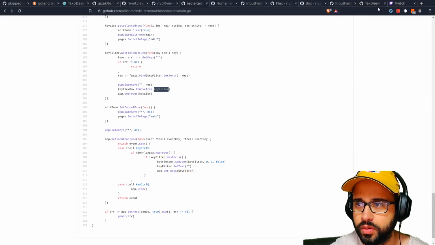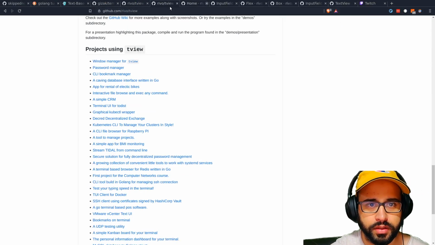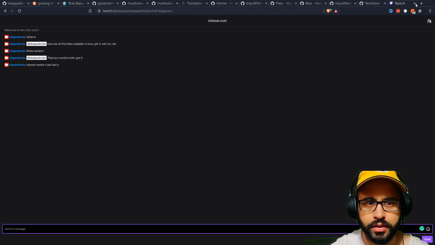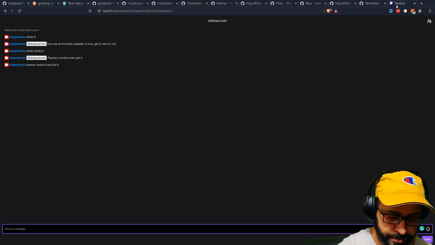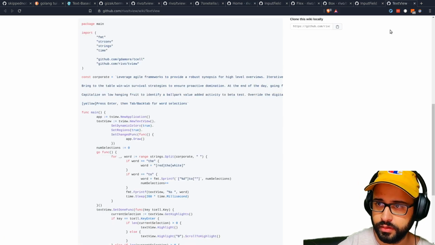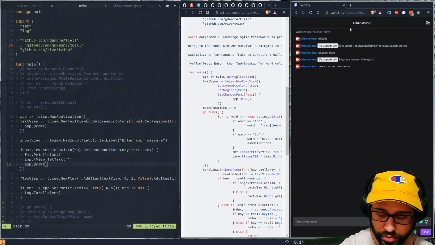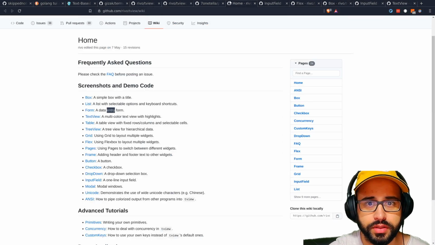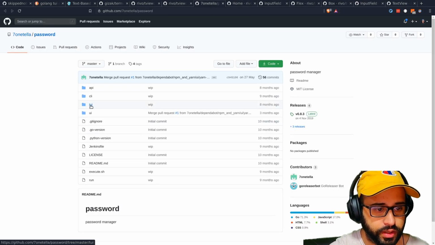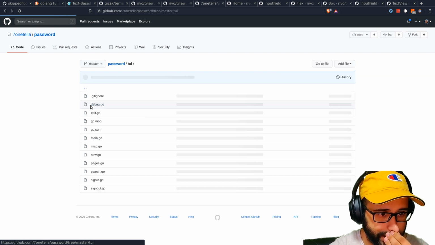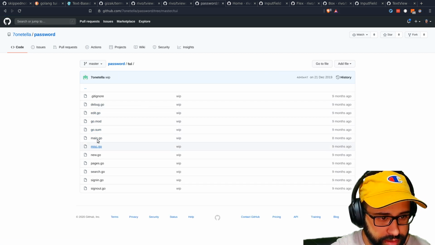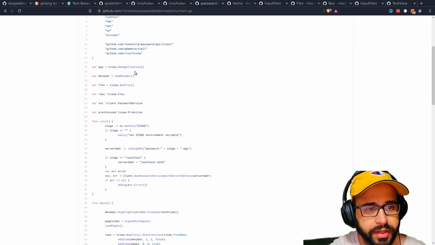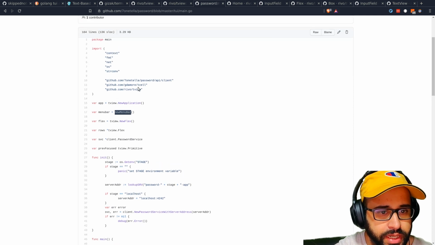Let's review the code base for another application. I think let's review the password manager. So let me move this to another window here. Okay, I want to look at the password manager, which is I think this one. It has a TUI and it primarily has main. Let's start with this one. Okay, so they create an application. I'm not sure what menu bar is,